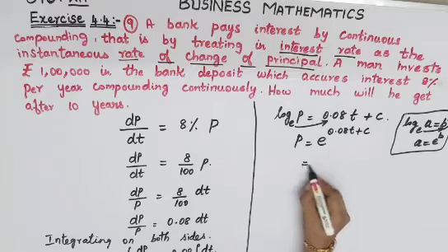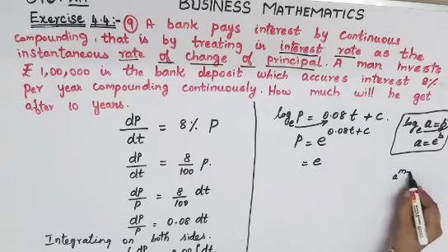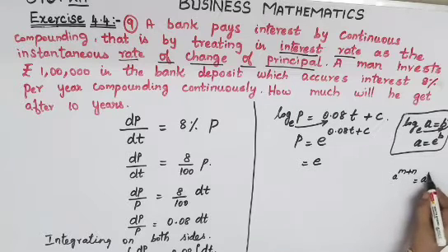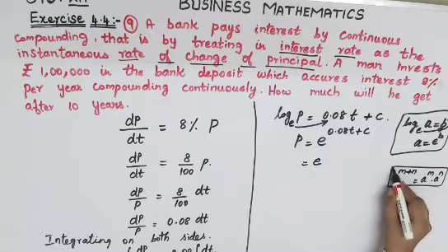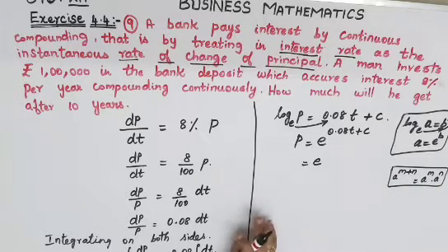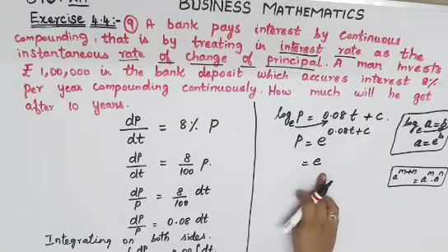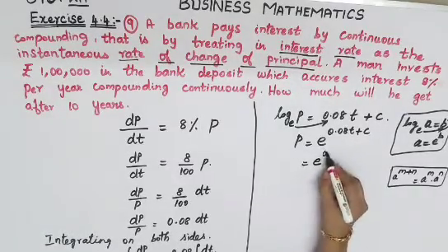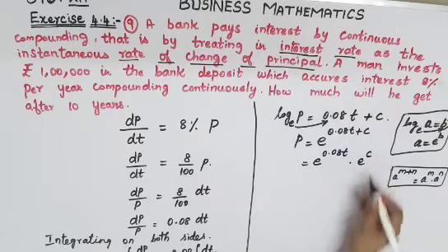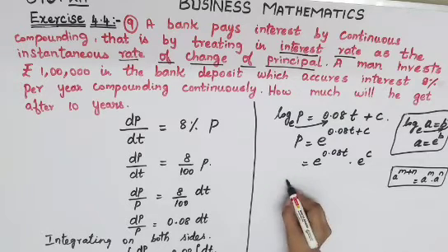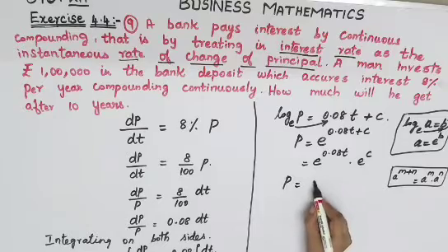So that is equal to e power, we know one formula, a power m plus n is equal to a power m into a power n. This you would have studied in your 7th standard or in your 8th standard. So that formula you can use it here. That is e power, now plus term is there, so you'll have to go for multiplication. So e power 0.08t into e power c. Clear? So p is equal to e power c, you can write it as c itself because it's a constant.